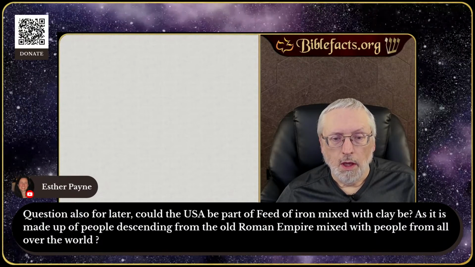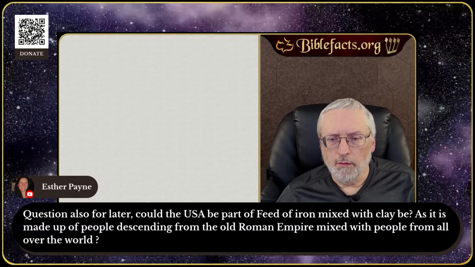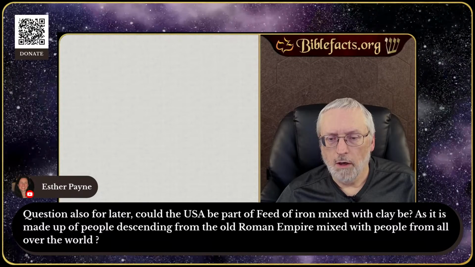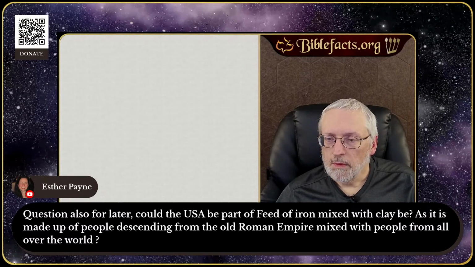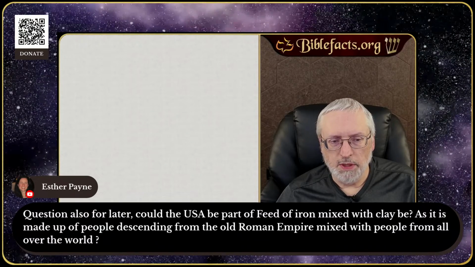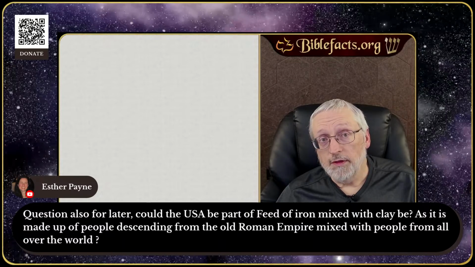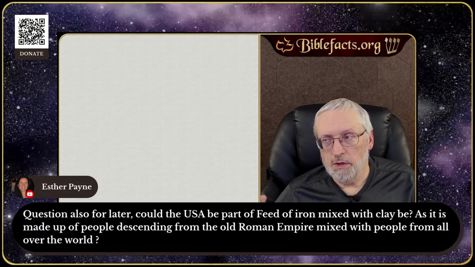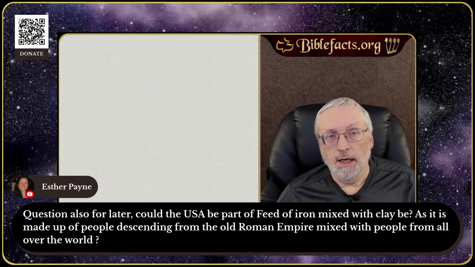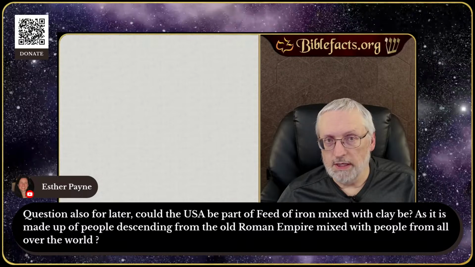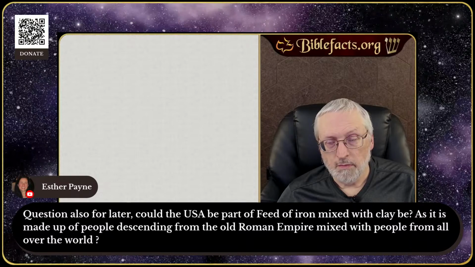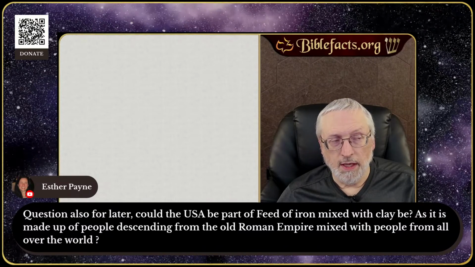Question also for later: could the USA be part of the feet of iron mixed with the clay? Oh, feet of iron. Yeah, feet rather. As it is made up of people descending from the old Roman Empire mixed with people from all over the world. That's one theory, that it's the empire mixed with just people in general. Obviously, the government of those 10 nations is very democratic. It says they mix their power or their seed with the seed of men. And that could be a Nephilim type thing,